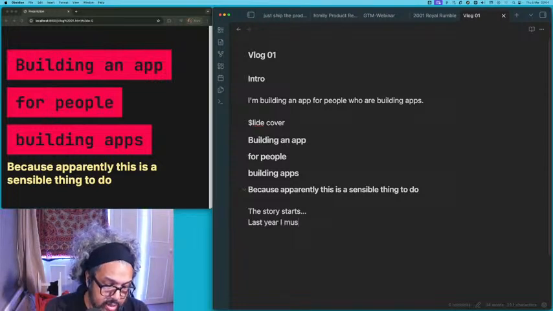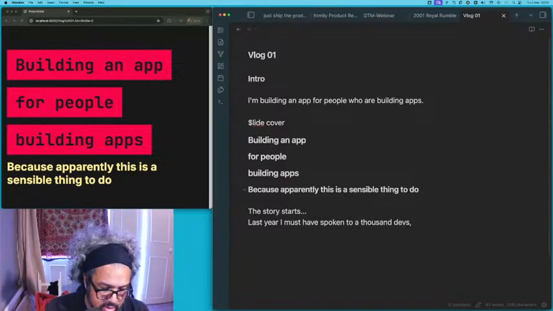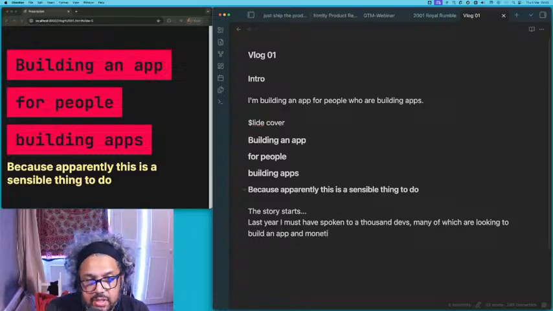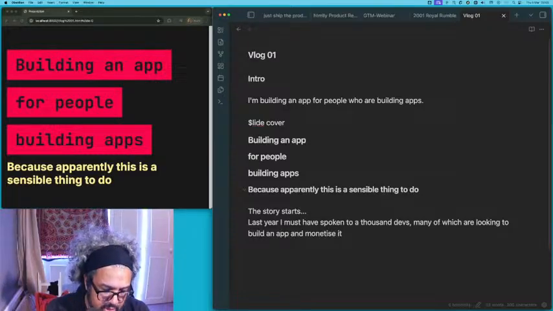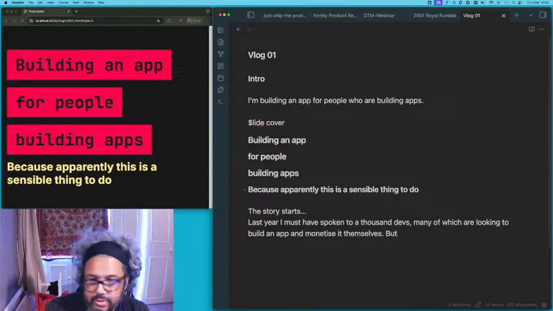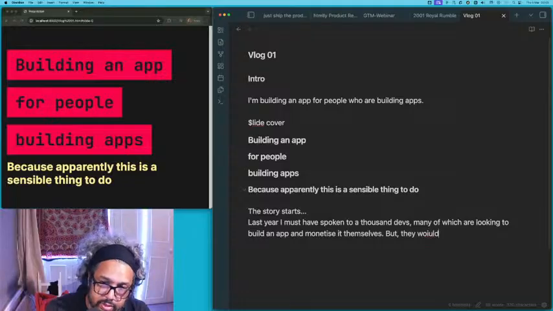Last year, I must have spoken to 1,000 devs, many of which are looking to build an app and monetize it themselves. But they would